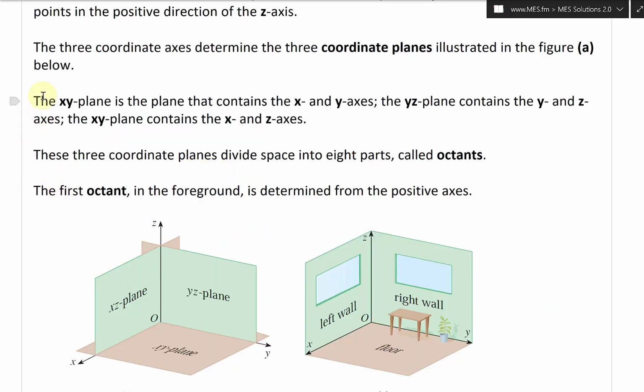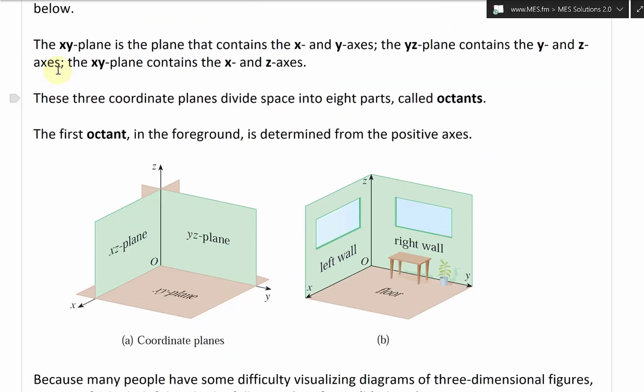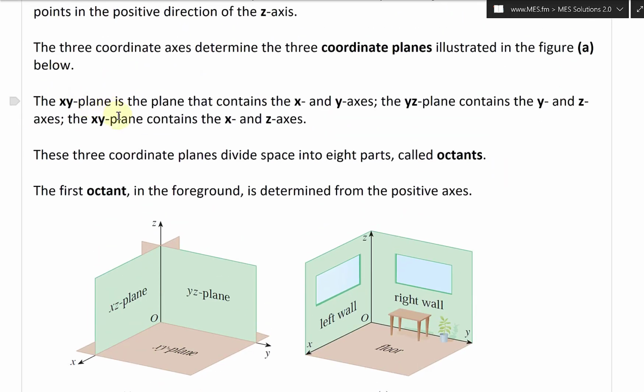And here's added more text, also from my calculus book. The xy-plane is the plane that contains the x and y axes. The yz-plane contains the y and z axes. And the xz-plane